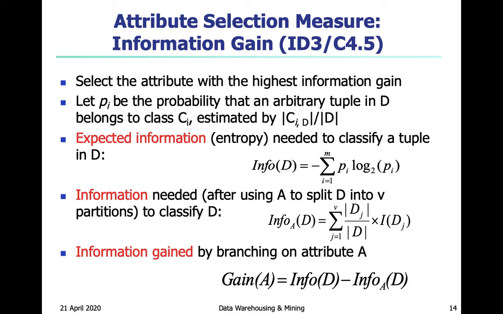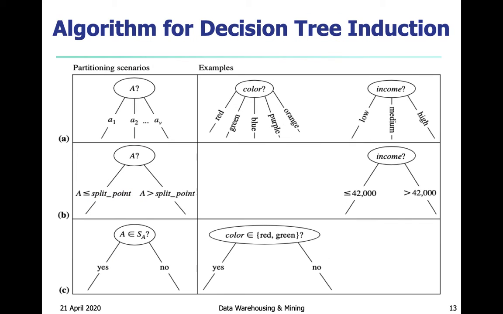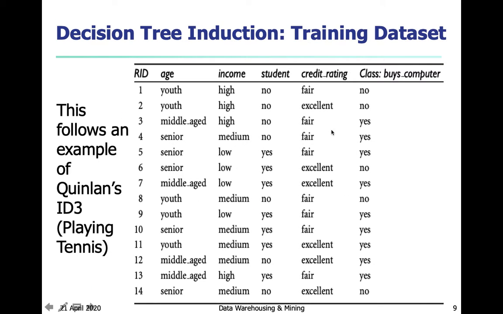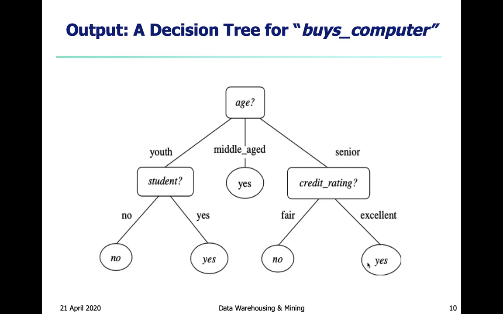Okay, that you have seen, right? Here we have different partitions and different class levels. In case of age, we have three values. In case of income, we have three values. And different class levels are also there. So in this case,